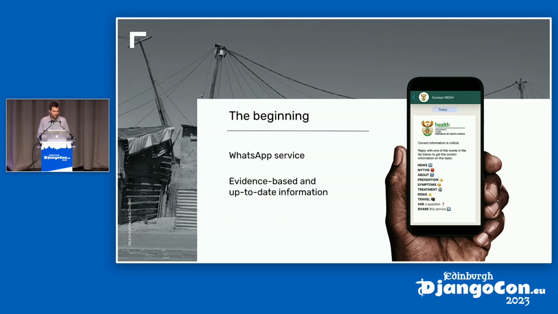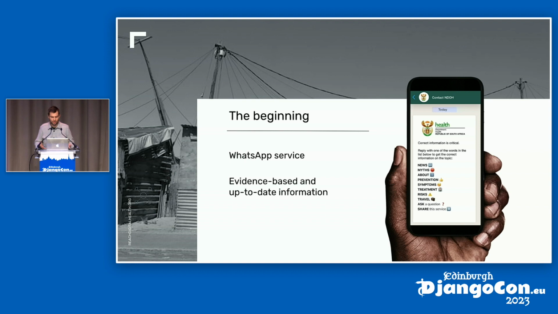We partnered with our sister company, Turn.io, to create a South African National Department of Health WhatsApp service. So this is their service, which we implemented. It started off being a technologically very simple service. It was keyword-based. You send in hi, you get this little menu, you send in myths, we send the thing. So technologically, it was fairly simple. We did this so it could be quick to get up and running and easily handle large traffic volumes. And this is the service where we ended up with 14.9 million users.